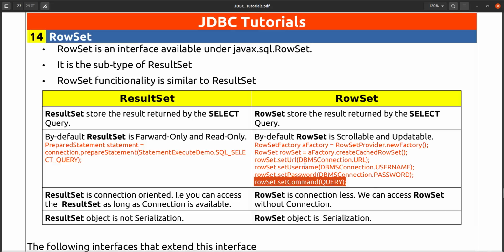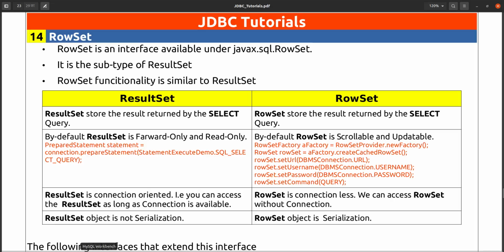And if you try to update something, you can do that also. If you are updating, then by default it will be updated in your database. So in this way we can create a row set. We will see this example.